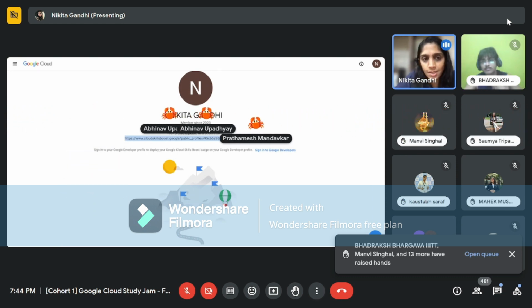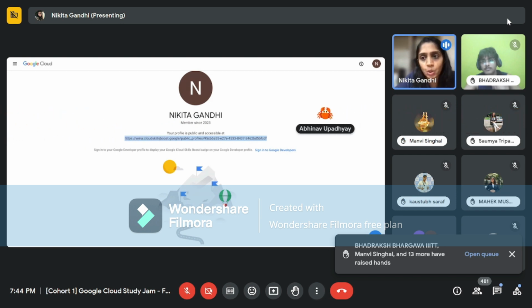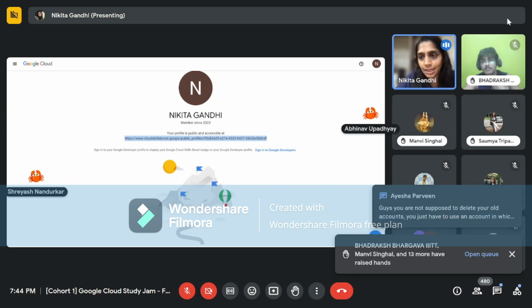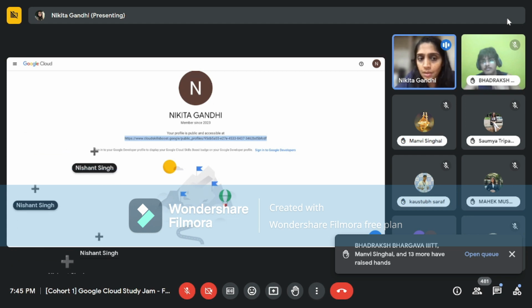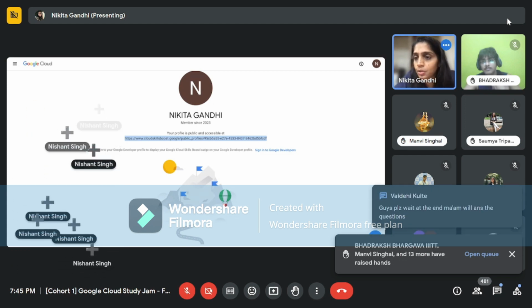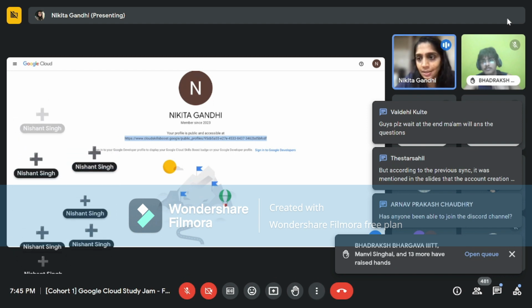Everyone who wants to enroll for this campaign has to perform this step. They have to make sure that they have no pathways, no courses, and no badges earned on the account that they are submitting. They have to make sure that their profile URL is public. They have to copy and paste the link from here, and it must be the exact same link. Do not copy the link from the browser URL, but the same one that I have highlighted on the screen right now.